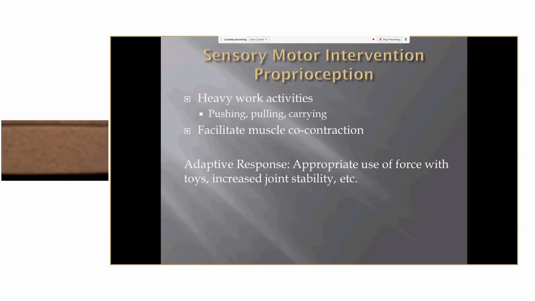And then we have the proprioception. Like Jen said, this is usually used as a modulator. So we want to use a lot of heavy work, pushing and pulling heavy objects. And then we really want to facilitate muscle co-contraction. The adaptive response we're looking for is appropriate use of force with toys and increased joint stability. So a child who plays very rough, then we hope to see improvement in that rate of force of movement